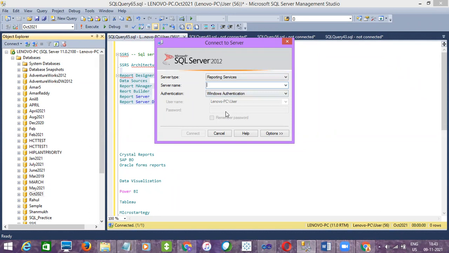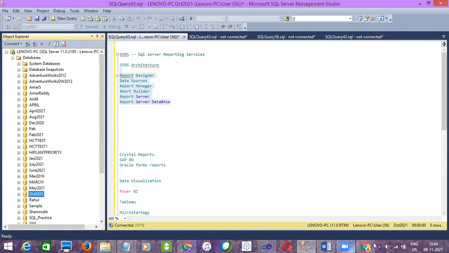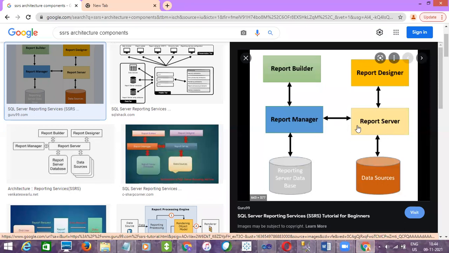So being junior developers, maybe you all have only below 4 years of experience, right? Or up to 4.5 years, right? So they won't allow you to do all this stuff. Why? Because this is related to the client side, right? So mostly your team lead or manager will be doing all this permission related stuff. So being a developer, you will just create the RDL and then upload the RDL to the report server, right? And then the report manager work, mostly your team lead or manager will be taking care of. Your part is just to design the reports using the Report Designer and then deploy it to the report server.